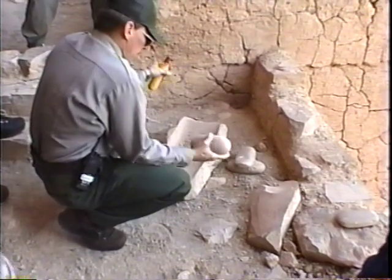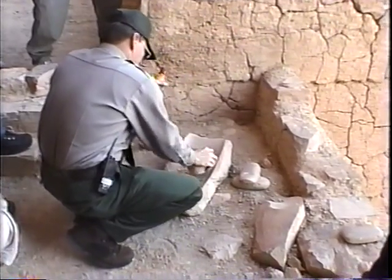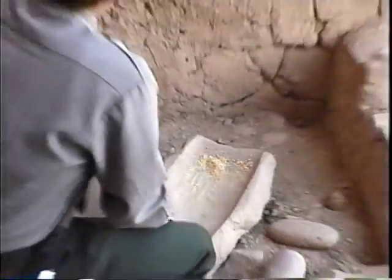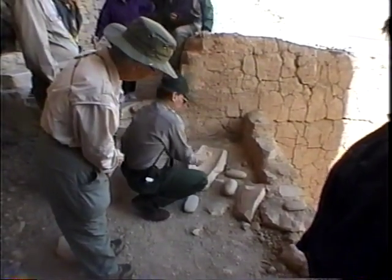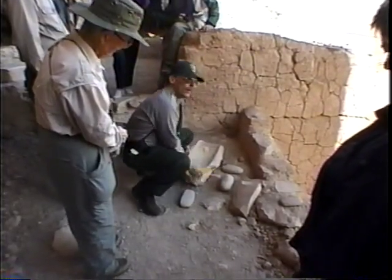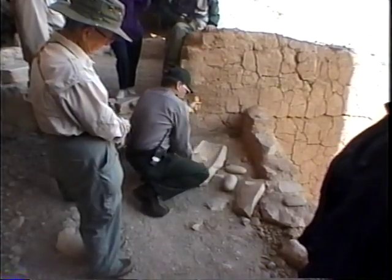They use these manos, whatever they could, and they crush it up into cornmeal. And of course, the longer you grind it, the finer it gets. You'll see different ones that have a higher side. They use it as a wok or to pour with. This open end, they lift it up and pour it into a basket or what have you. But that's how they ground their corn and